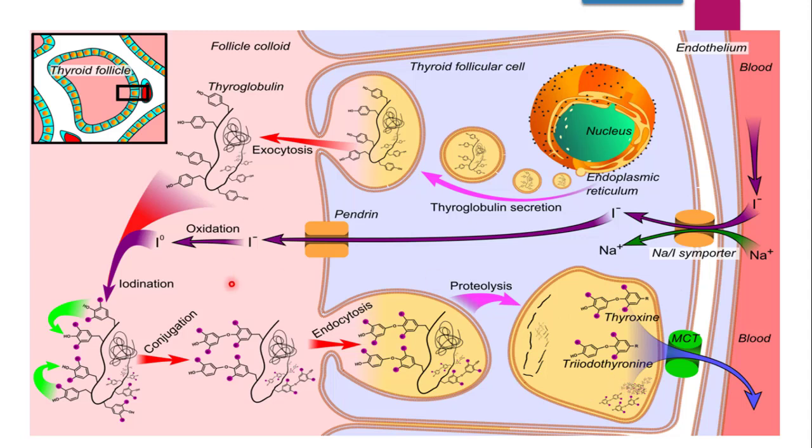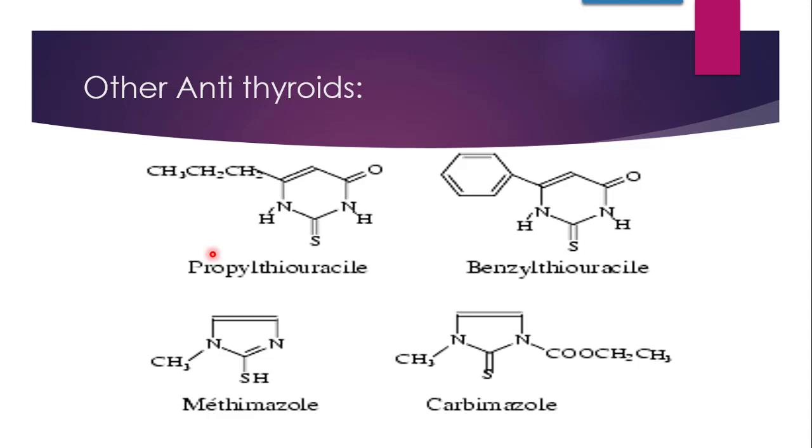And radioactive iodine, that is iodine 131, will concentrate in the colloid of the thyroid follicle or thyroid lumen region, and because of the accumulation it will emit the radiations. Both radiations can be utilized by virtue of the property of radioactivity. One is utilized in testing the thyroid functioning and one is utilized in the destruction of thyroid cells. So with this we finish the mechanism of action of antithyroid drugs.